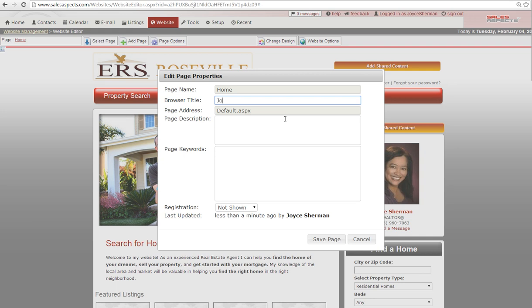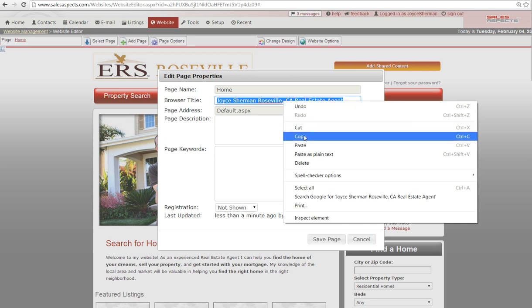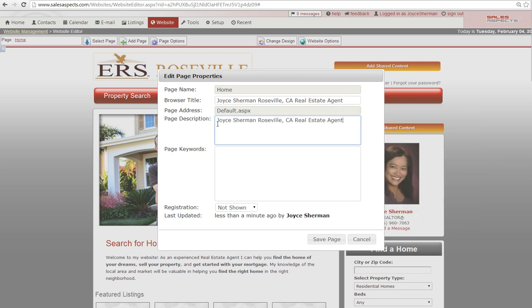name, I might type in Joyce Sherman, Roseville, California real estate agent, right? And then I might copy that and paste it in here as a description. Find Joyce Sherman, Roseville, California real estate agent, Roseville, California homes for sale, Roseville,